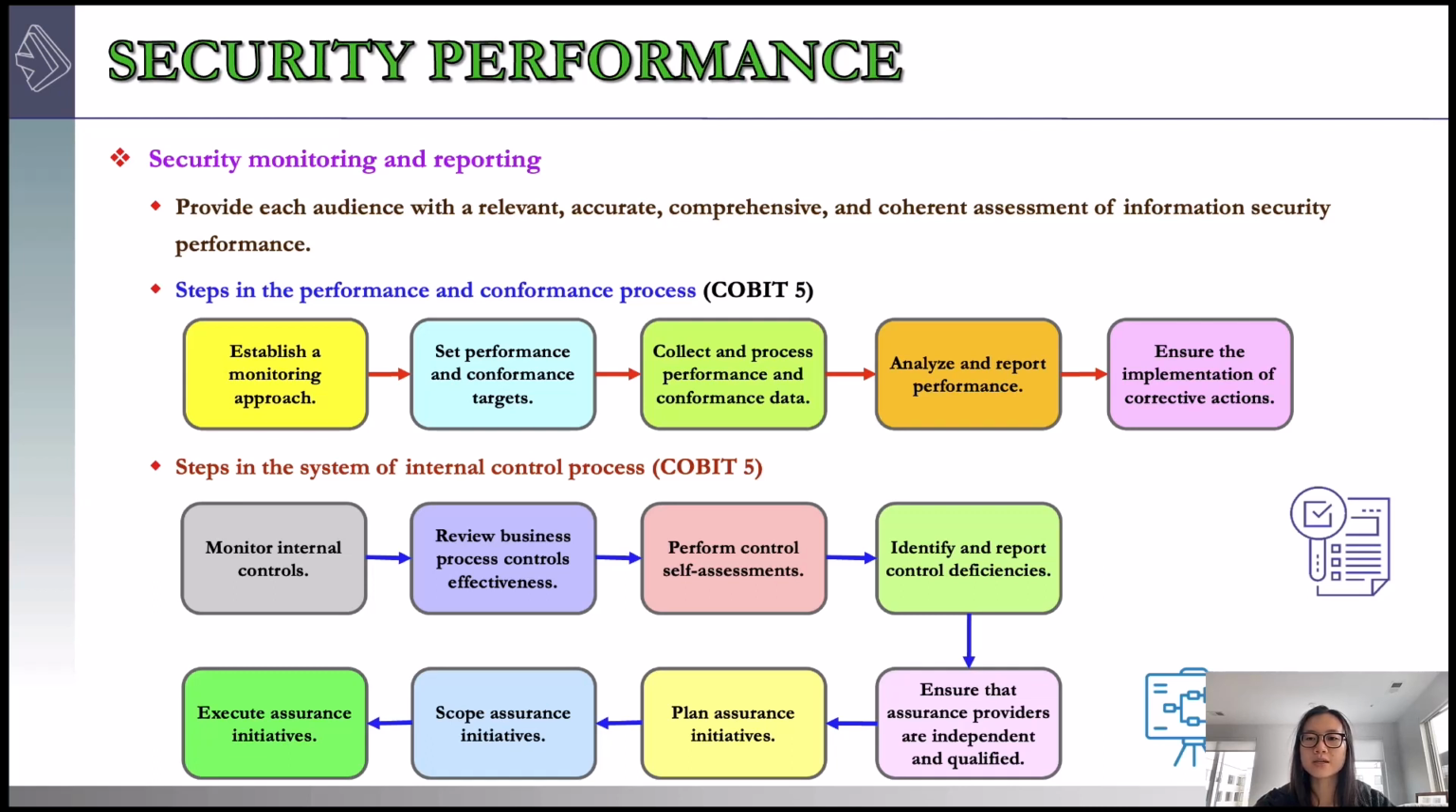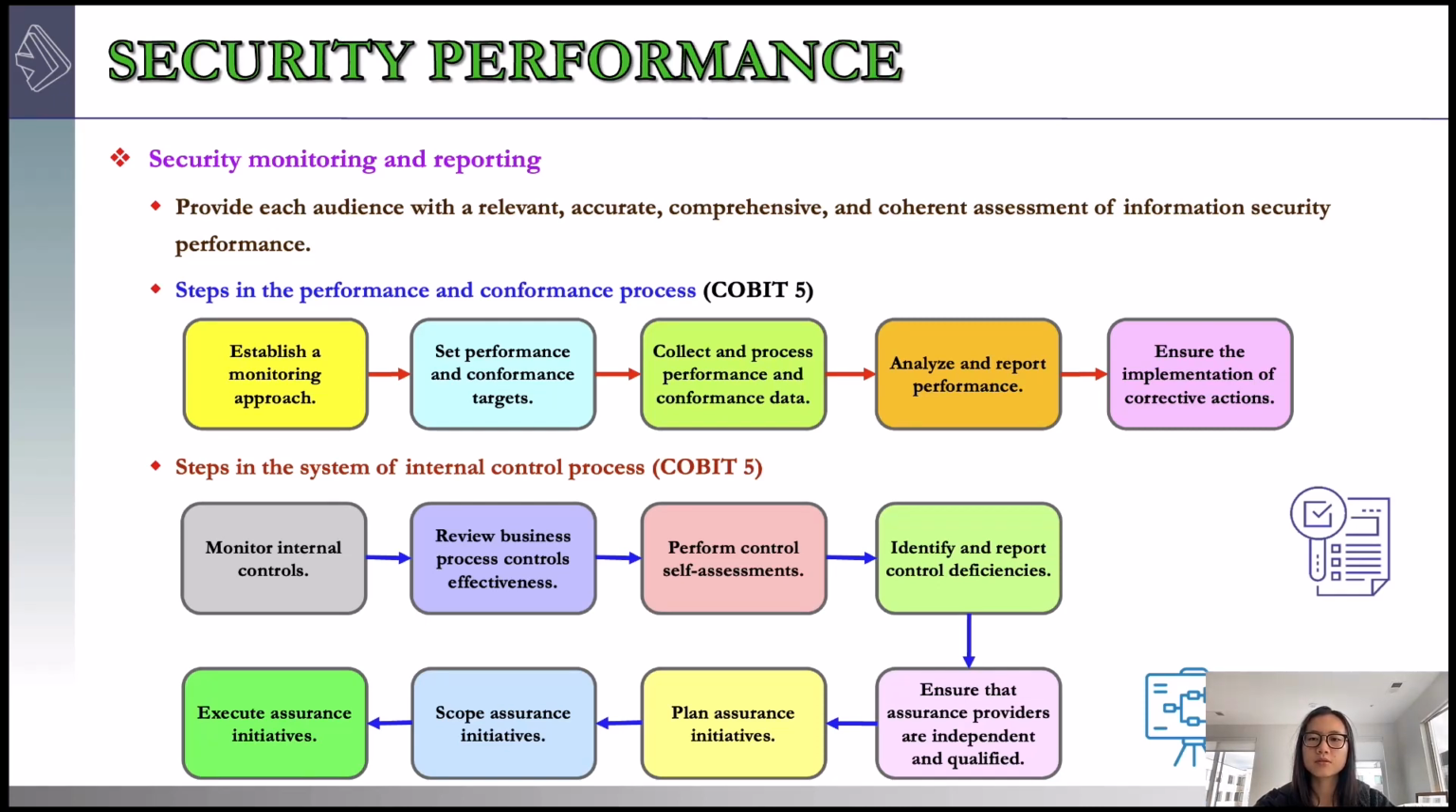The first step is establishing a monitoring approach. An organization engages with its stakeholders to establish and maintain a monitoring approach to define the objective, scope, and method for measuring business solution and service delivery and contributions to enterprise objectives. The second step is setting performance and conformance targets. The organization works with its stakeholders to define, periodically review, update, and approve performance and conformance targets within the performance